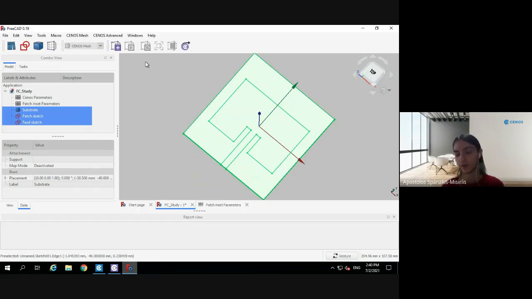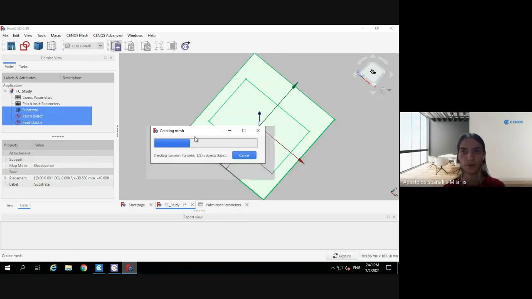So this is of course very important because it lets us know that we're no longer in the geometry editor, we're actually in the meshing segment where we can apply the mesh and send the final design to Sonos. So let's click on the Create Mesh button here at the top, and just wait for the meshing procedure to